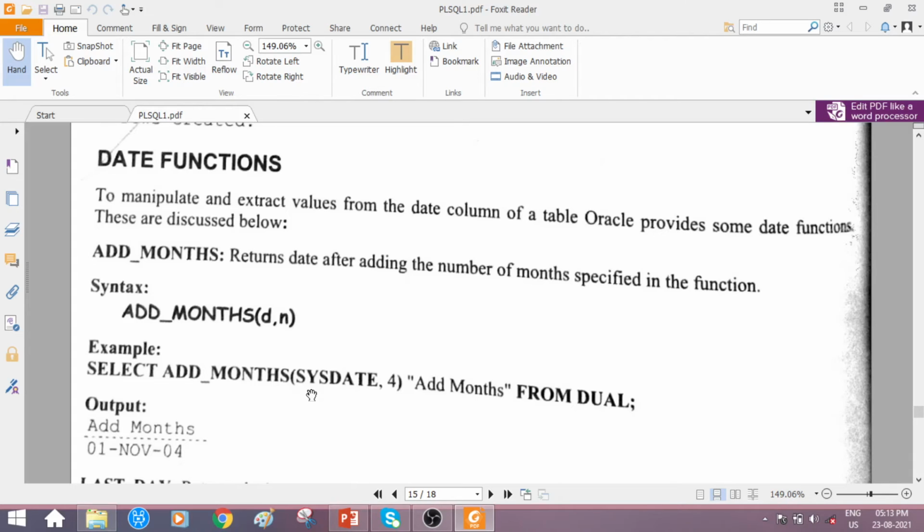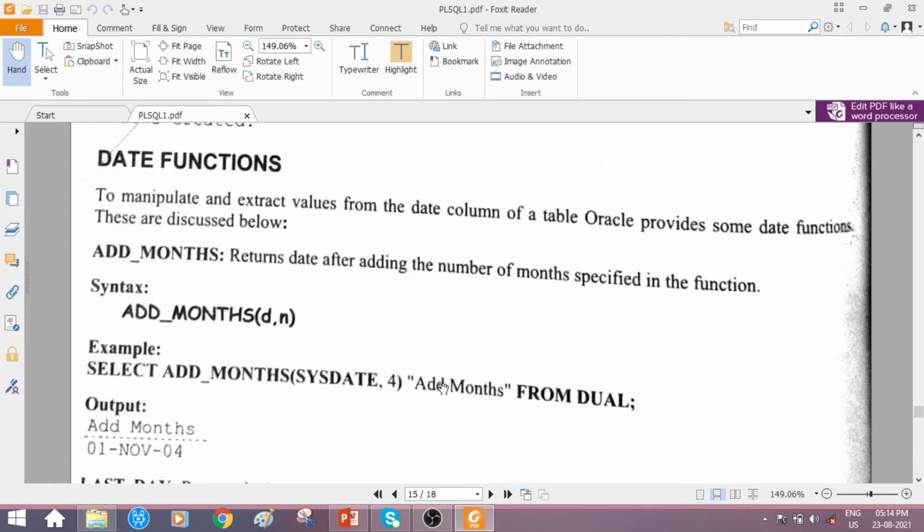To that system date, an additional 4 months has to be added, comma 4, where 4 is the n value. For example, if it is August, then September, October, November, December. So for the given system date, the increment happens up to December because the value we have given is 4.